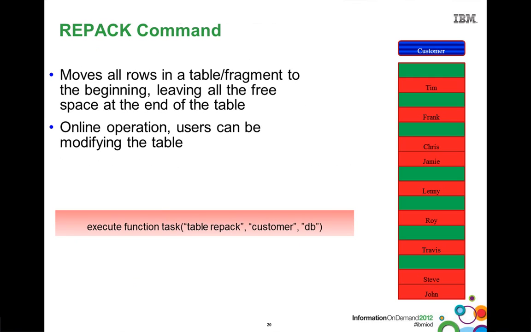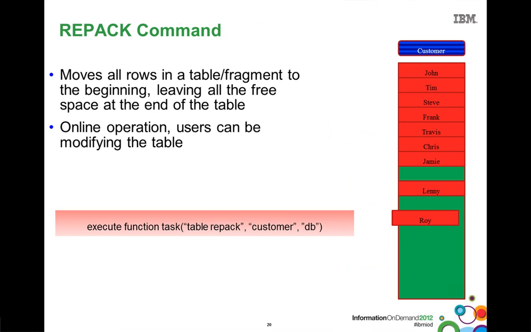So the REPACK table command is similar to the compress command. You say table REPACK, customer and database, and we have a look at a customer table there, and it has green holes and it has some red rows. The beginning of the table is up at the top, and the bottom of the table has Steve and John. And when we start running the command, what happens is we delete the row from the end of the table and reinsert it at the beginning. And we basically start packing and moving data along,